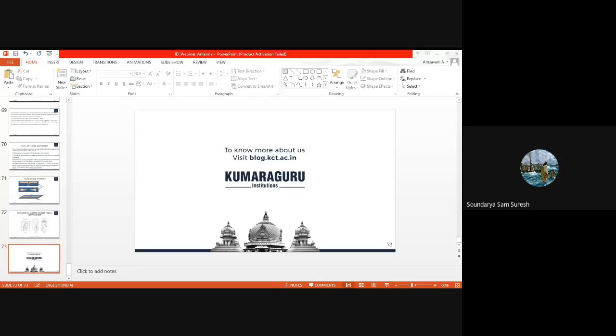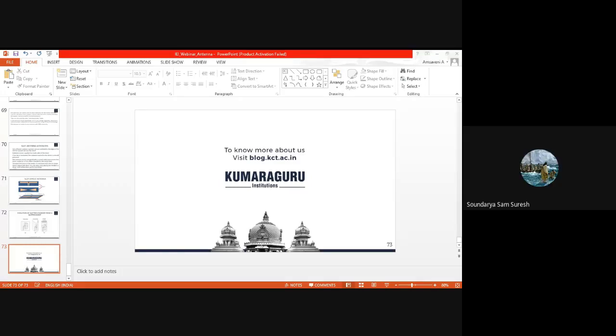Ma'am, what are azimuth angle and elevation angle? Actually, the antenna radiates in spherical coordinates in free space, so that's considered a spherical coordinate system. We have r, theta, and phi. r is the radius of the sphere, or the point at which you compute the electric or magnetic field or strength of the EM wave. Theta is the elevation angle and phi is the azimuth angle.